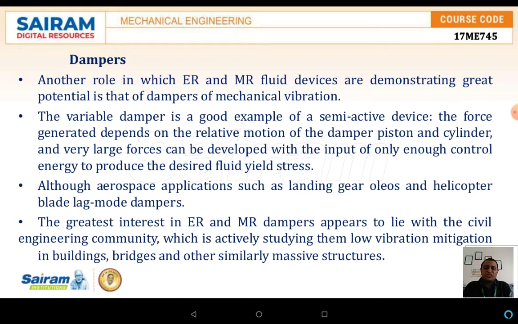A very large force can be developed with input of only enough control energy to produce the desired fluid yield stresses. Although aerospace applications such as landing gear and helicopter blade lag mode dampers are a major application of ER as well as MR fluid, the greater interest in ER and MR dampers appears to lie with the civil engineering community, which is actively studying vibration mitigation in buildings as well as bridges and